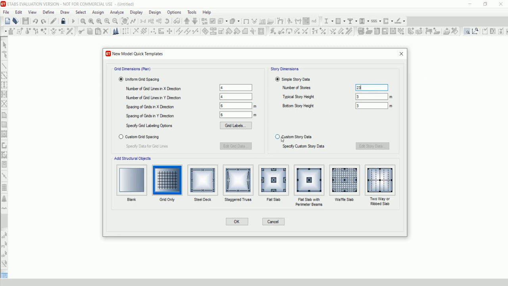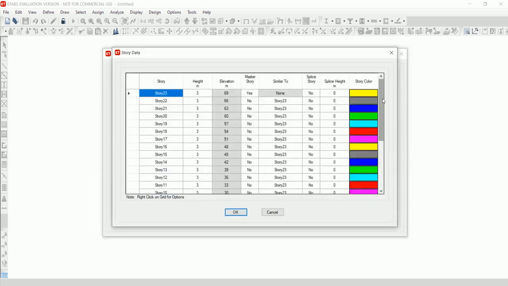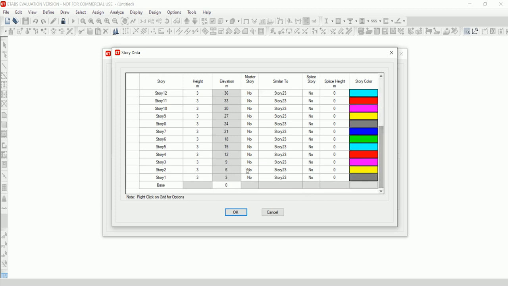Click on Custom Story Data, then click on Edit Story Data. Select Story 8 as the master story. Then set the remaining stories similar to Story 8.